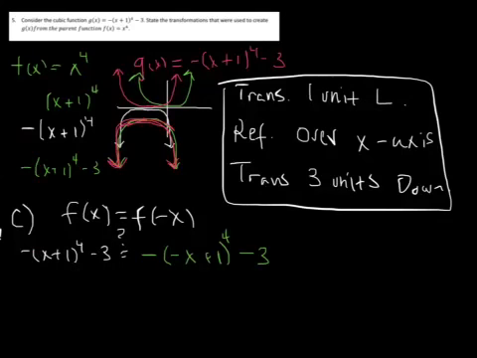And it seems like there's a difference, right? We have a negative x here. Is that going to change our function? Well, imagine what would happen if you plugged in 1 for x. So here we'd have 1. 1 plus 1 is 2. 2 to the 4th power is 8. Times a negative would be negative 8 minus 3, which would be negative 11. What about here? If I plugged in 1, I would have negative 1 plus 1, which is 0. 0 to the 4th is 0, minus 3 is negative 3. So these are, in fact, not equal. Okay? These are not equal, and so the function is neither